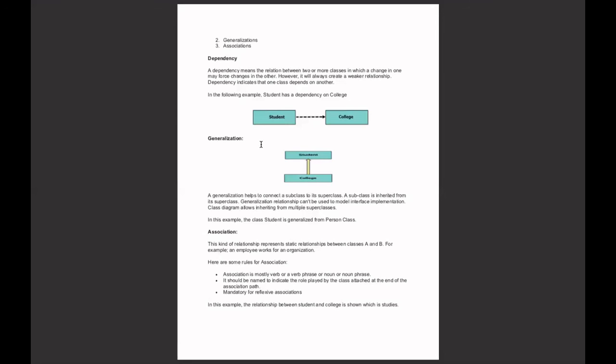Association is a structural relationship that specifies that objects of one thing are connected to objects of another. Given an association connecting two classes, you can navigate from an object of one class to an object of the other class, and vice versa.